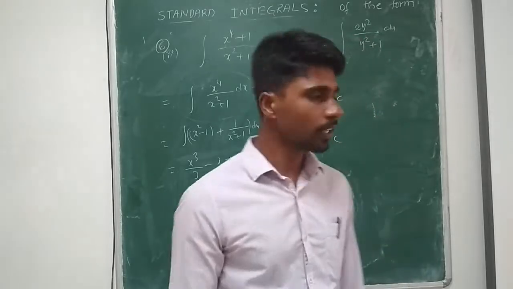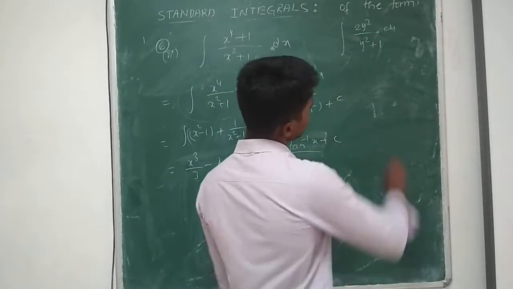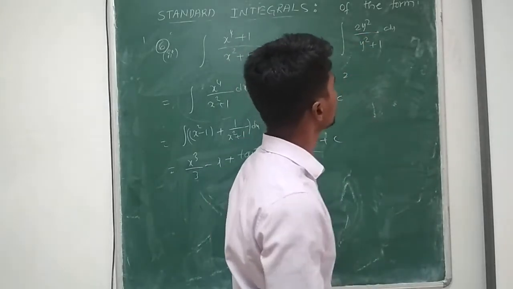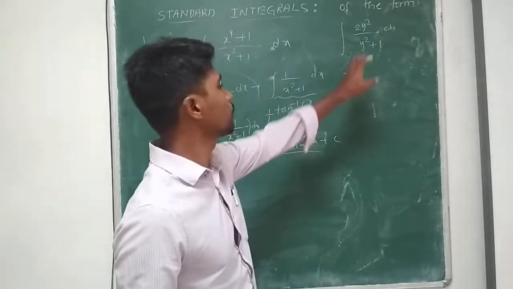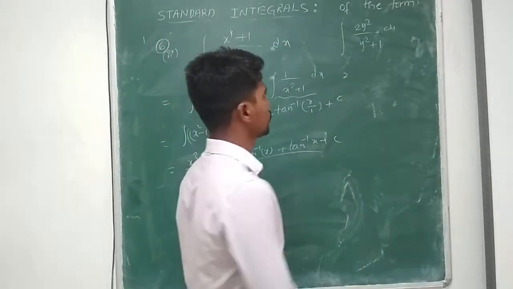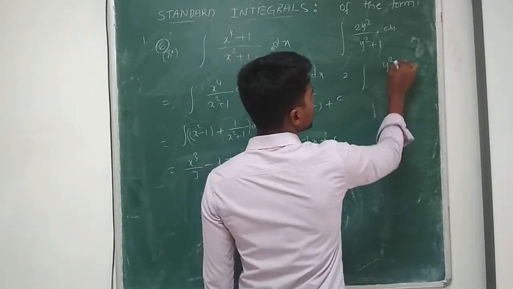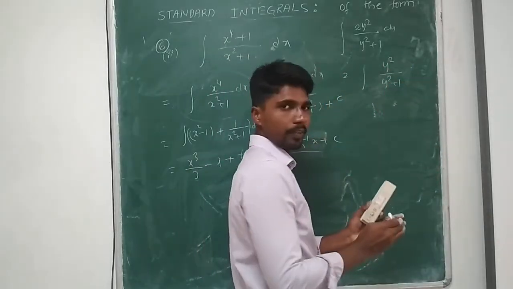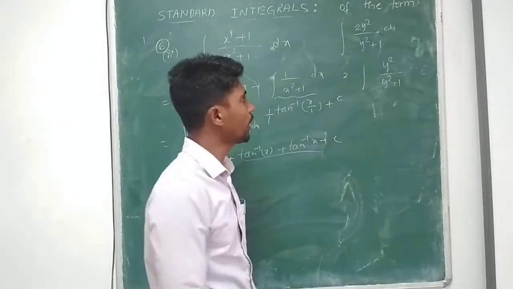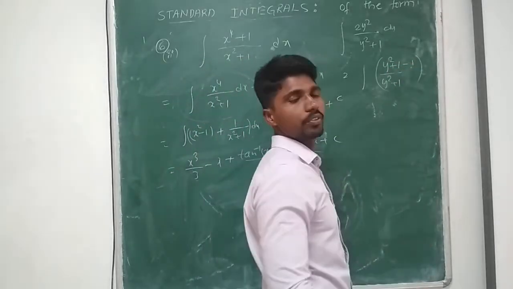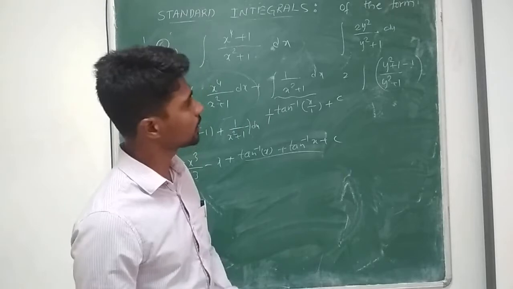So whatever the next, you just take it as 2 into integral of y square by y square plus 1. So you must divide this y square by y square plus 1. If not, what I can do? y square by y square plus 1 can be rewritten as, so we need adjustments. So let's do that. I can add 1, I can subtract 1. So instead of doing division here, I can add and I can subtract.